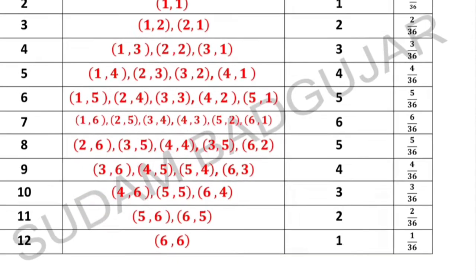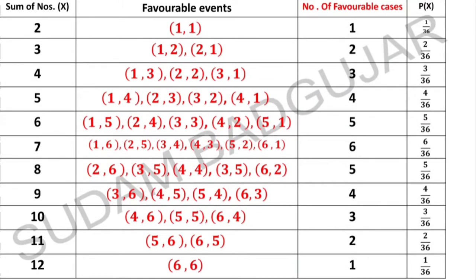The following table shows all the information, means the sum of numbers on uppermost faces, that is the value of X is 2, 3, 4, 5 up to 12, and the favorable events. If X is 2 means the sum of uppermost faces of both the dice is 2, that is 1 plus 1, and its number of elements is 1 and number of sample points is 36. So the probability is 1 upon 36. Here X is 3, that is (1,2), (2,1)